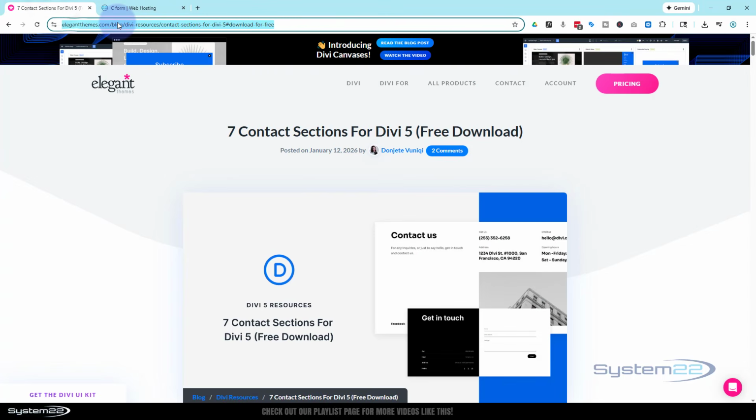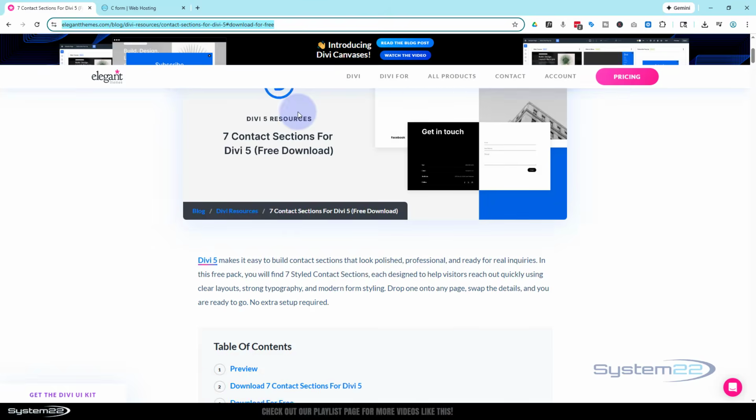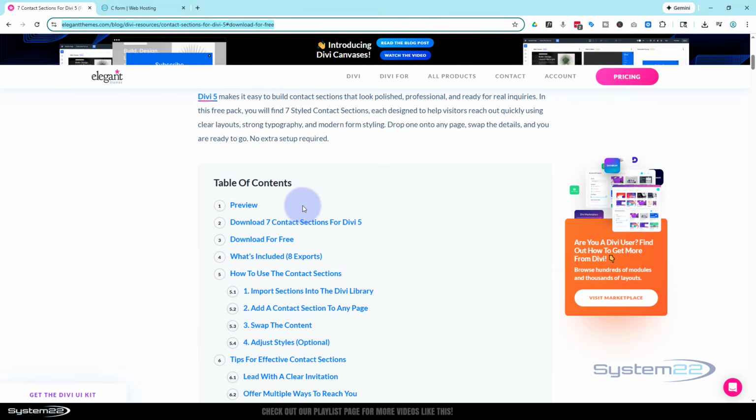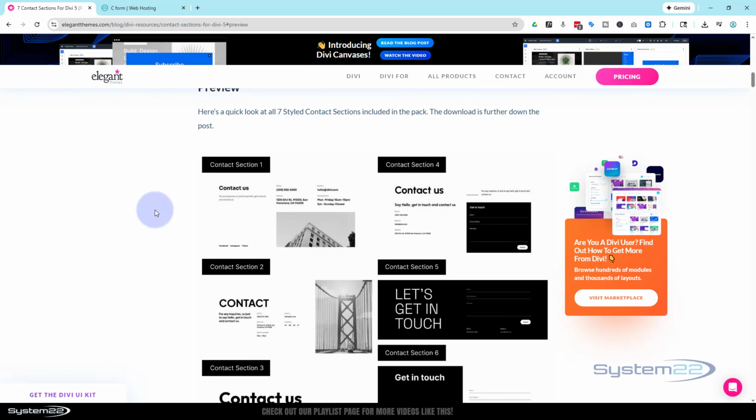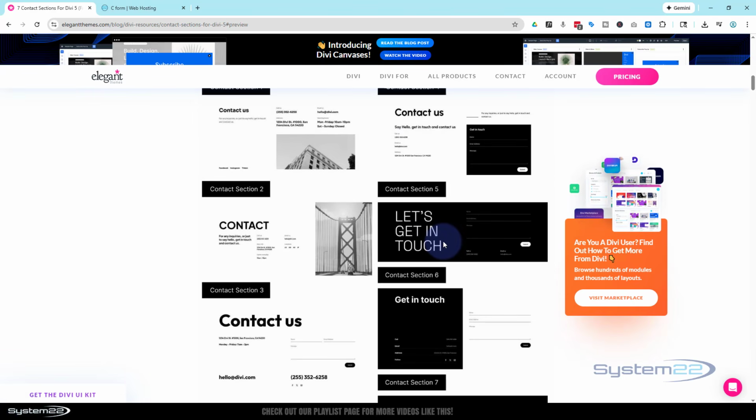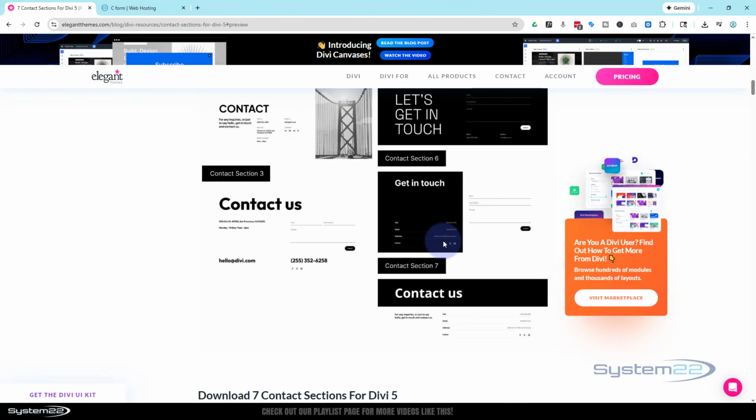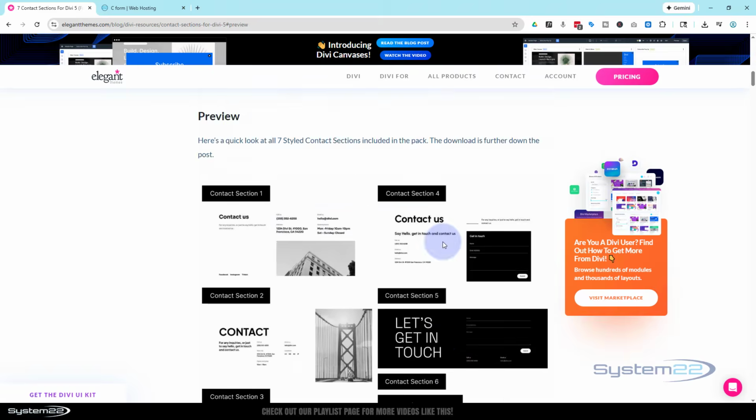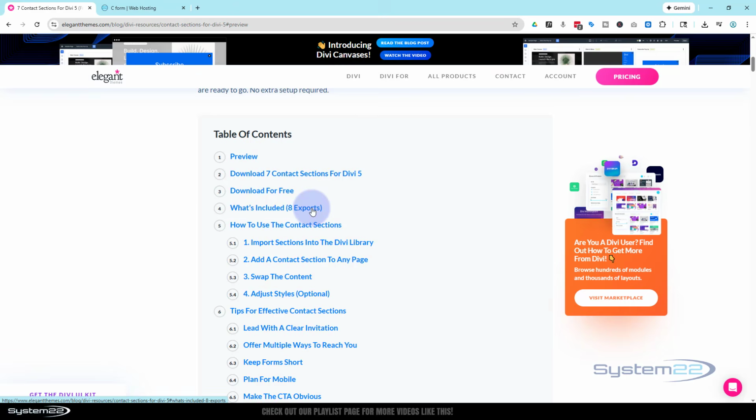So I'll put this URL down below. Just go there. Once you're there, if we roll down a little bit, the first thing you're going to want to do is take a look at the table of contents here. We just hit the preview. Here they are. This is the one I use, number 5. There's 7 of them to choose from. To download them, if we go back up to our table of contents, just hit the download 7 contact sections